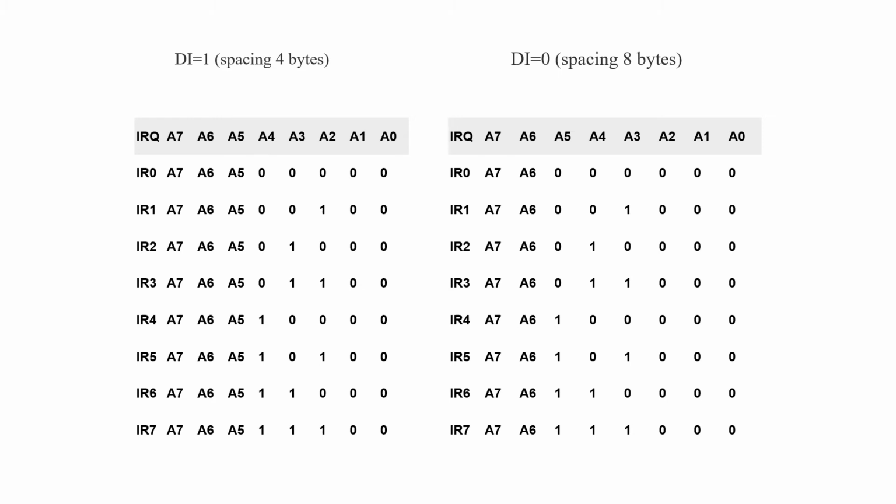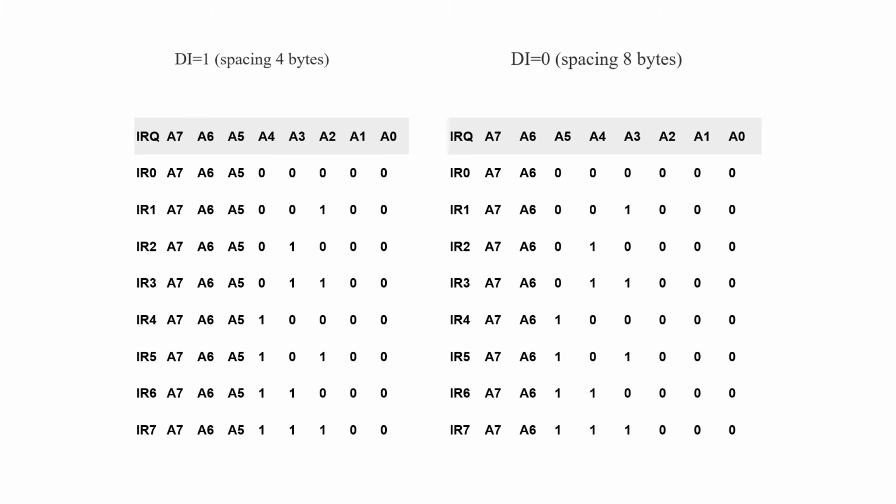When all the interrupts are 4 bytes spaced, IR0 line is going to handle the interrupt requests of type 0, 8, 16, 24, 32 and so on, for which A0 to A4, 5 bits, are same, all zeros. IR1 line is used to receive the request from the interrupt type 1, type 9, 17, 25, 33 and so on, for which lower 5 bits are 00100.